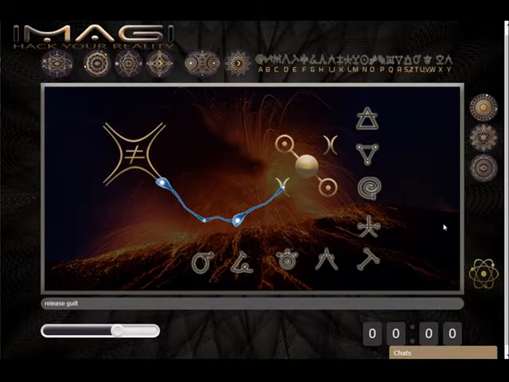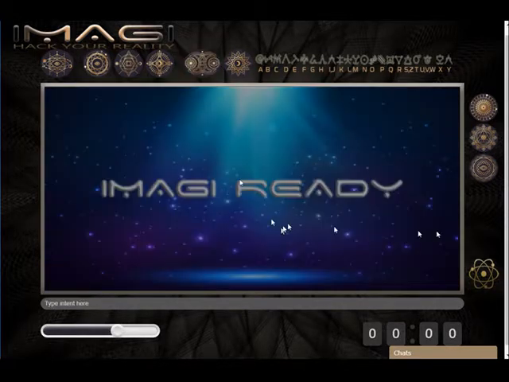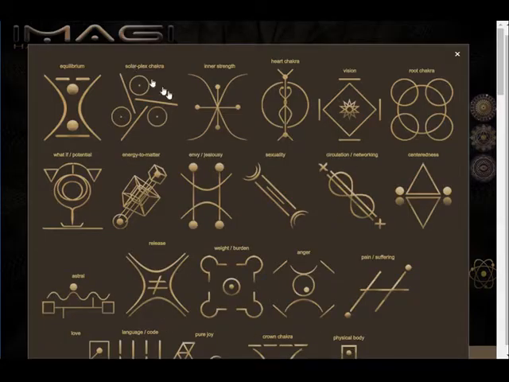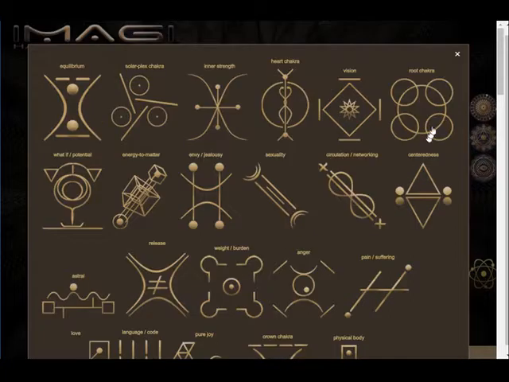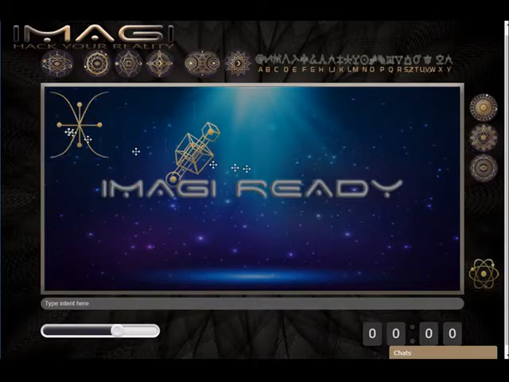Let's look at a couple more ideas. Let's say you want to amp up your inner strength, your fortitude. Again, just select that symbol, and let's say you want to enhance the energy to matter effect. So you would select this symbol. And once again,